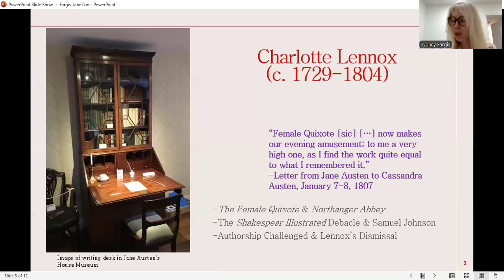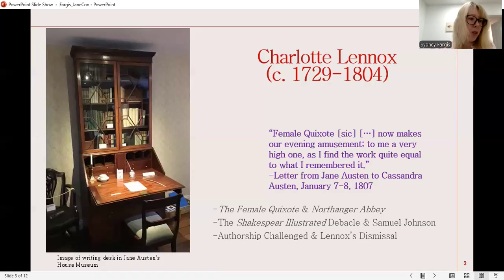Not long after the Great Shakespeare debacle, rumors began to circulate as to who was actually writing Lennox's works, giving birth to the whispers that it was authors like Johnson playing heavy hands in her most notable of publications. Not until this century has it ever been acknowledged that Charlotte Lennox would have been the one to influence Samuel Johnson in relation to his work on Shakespeare. And so, with this in mind, we can claim a better understanding as to why the name Charlotte Lennox does not come up when discussing Northanger Abbey.